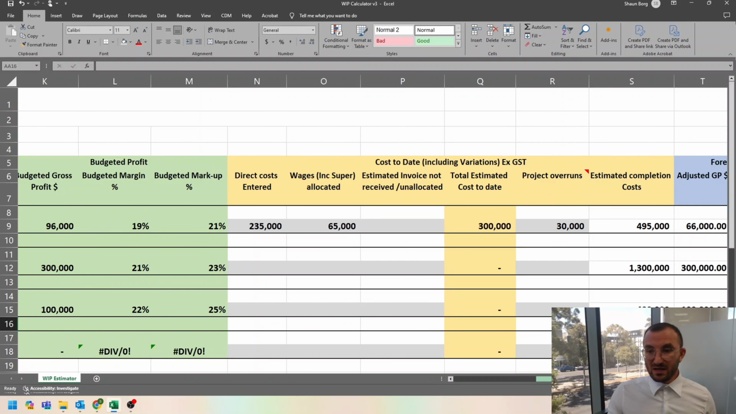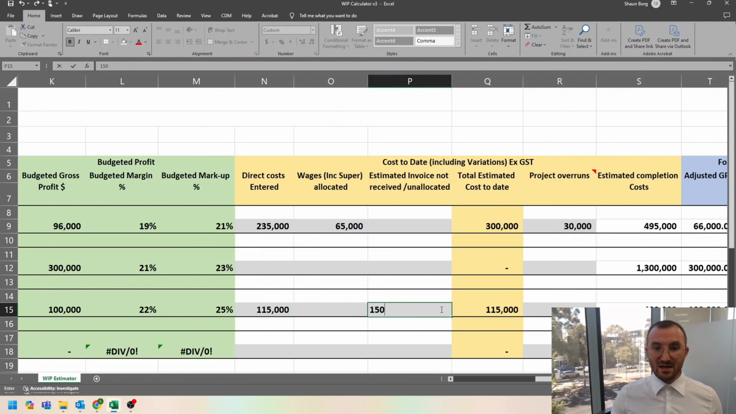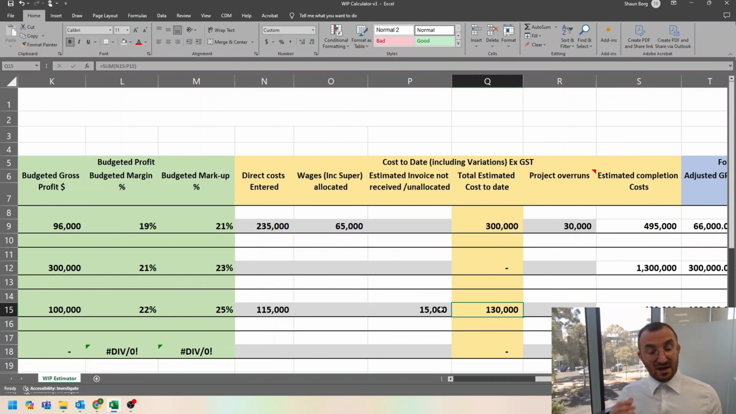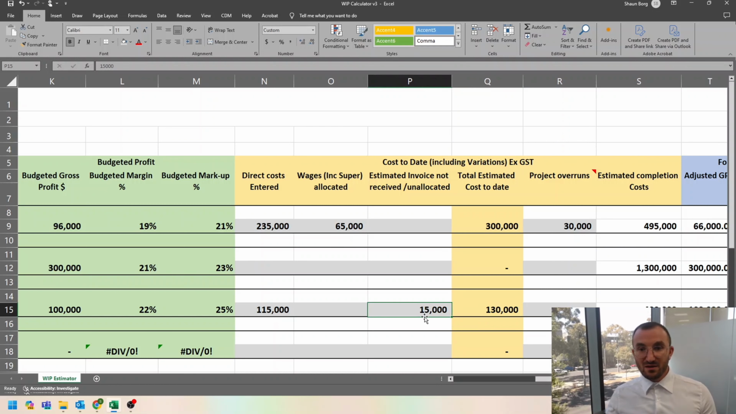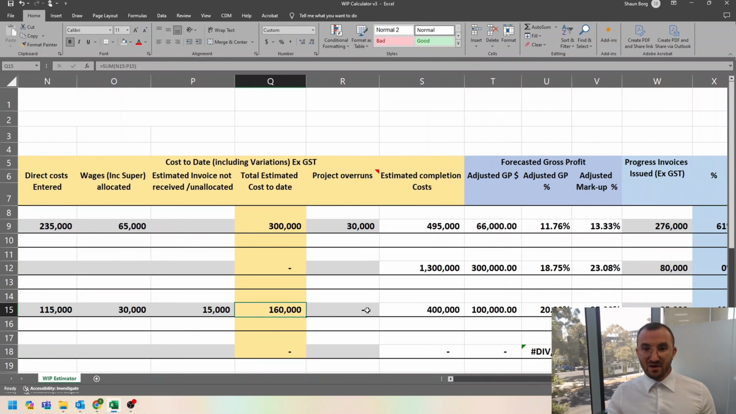Let's assume now that we've started this job at St Kilda Road. To date, we've incurred 115k of direct costs. We've gone through the list. We note that there's at least 15k in subcontractors that haven't issued us an invoice yet, so we'll enter those in there. We go through and we get our direct wages associated with that job, and we're at about 30 grand there. Gives us our total costs, total estimated costs to date incurred in delivering the project to whatever stage it's at. Let's assume we don't have any project overruns,